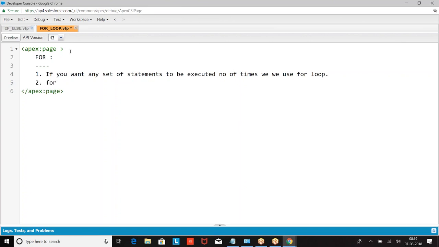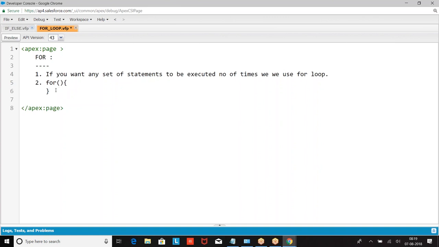If I write for, what does it mean? What is the meaning of this? Scope of for: if this is true, this will run. Scope will run when the condition is true.